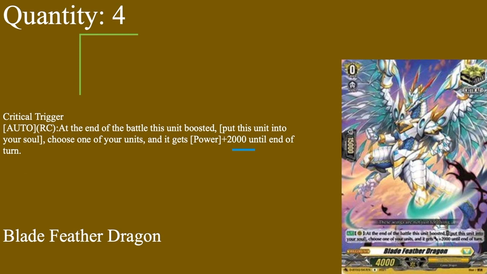4 copies of Blade Feather Dragon, 4k base, 15k shield, grade 0 boost. Critical trigger auto, rear guard at the end of the battle that boosted, put it to soul, choose one of your units, gets plus 2 for the turn. So, you know, just one of your units gets plus 2. You don't run it for that, you run it for the gets to soul, because